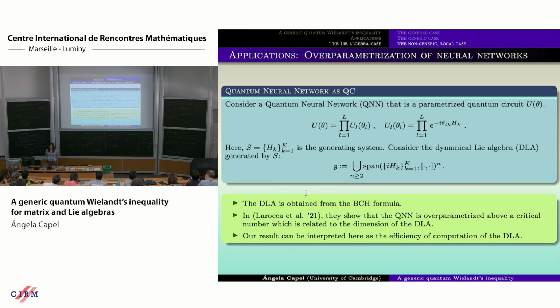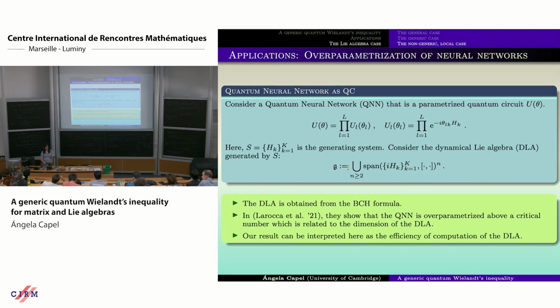However, it's much more interesting in the context of quantum neural networks, because if you consider a quantum neural network now defined as a quantum circuit, what you know is that all the layers of these quantum neural networks, and in particular all the gates that appear in the quantum neural network, are going to be constructed by terms of this form, which are given by exponentials like the one that I'm writing here. And then what we are doing now is taking as the generating system the local terms of the Hamiltonian, these HKs, and we can consider the dynamical Lie algebra associated to this generating set, which is given by the set that I write here.